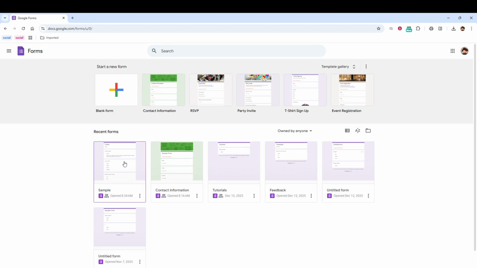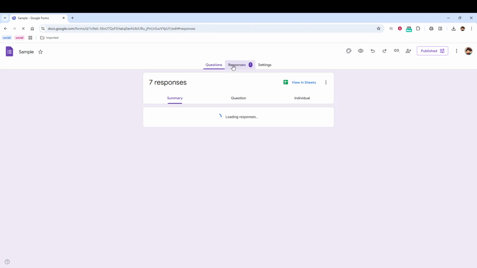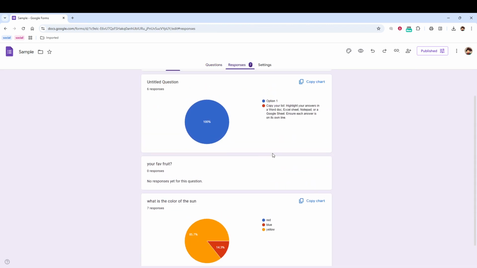an Excel file. Start by opening your form in Google Forms. Make sure you are viewing the correct form, especially if you manage several. Once the form is open, look along the top area of the page and select the Responses tab. This is where Google Forms organizes all incoming submissions, and it is also where you can connect your responses to